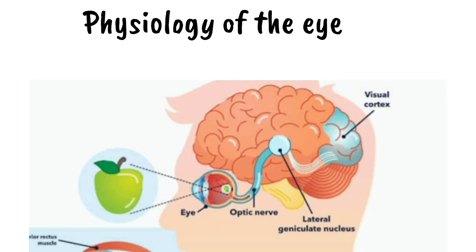Now, here is where things get kind of interesting. The optic nerve from both eyes meets at a point called the optic chiasm, and this is where the nerve fibers cross to opposite sides of the brain. This crossing allows each half of the brain to receive input from both eyes, which is actually important for depth perception and 3D vision. Now from there, the signals travel into the visual cortex in the occipital lobe at the